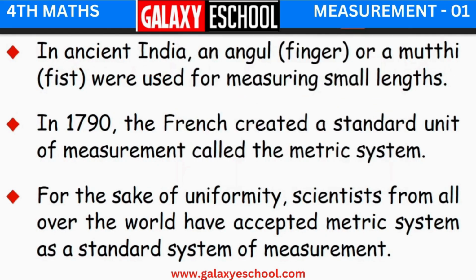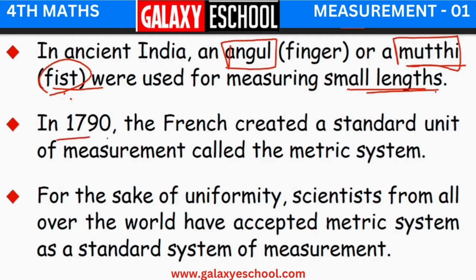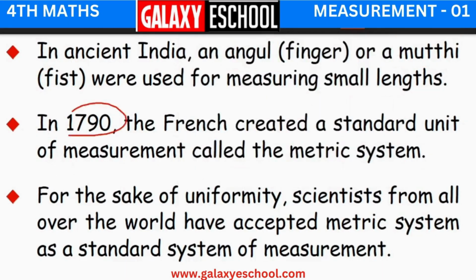Muthi means fist. Fist means what? When we close all our fingers together, then we get our muthi, also called fist in English. So angle and muthi were used for measuring small lengths. In 1790, the French created a standard unit of measurement called the metric system. Now what happened? Before 1790, people were using different units of measurement like angle and muthi in India. Yes, or what else did we learn? Foot, span, cubit, yard. Now all these were used. In 1790, the French people